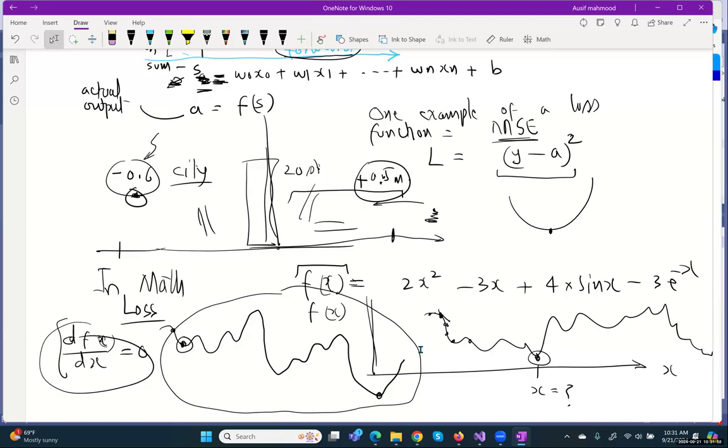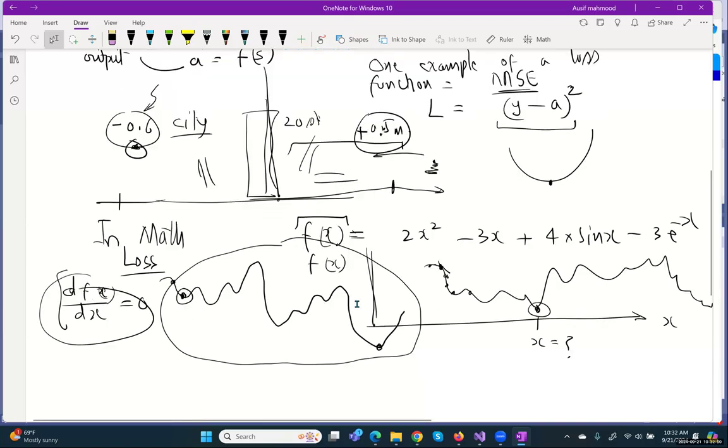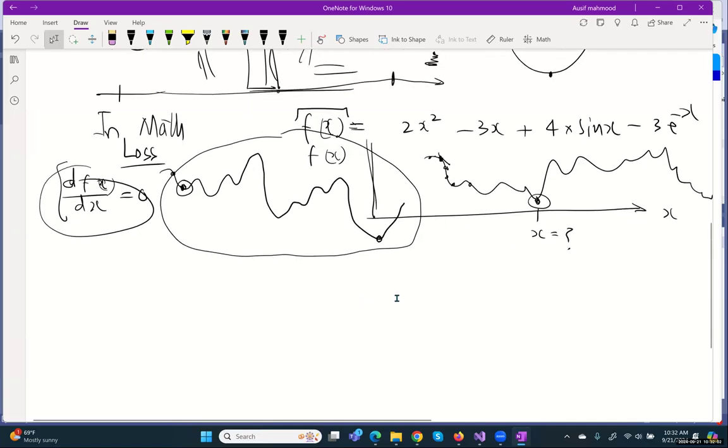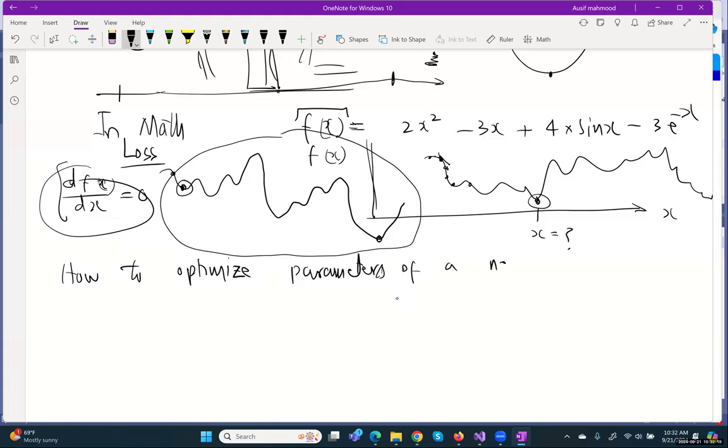Okay, so this is where a lot of research went into finding out how to optimize the parameters of a network. In other words, how will this neural network learn? Okay,